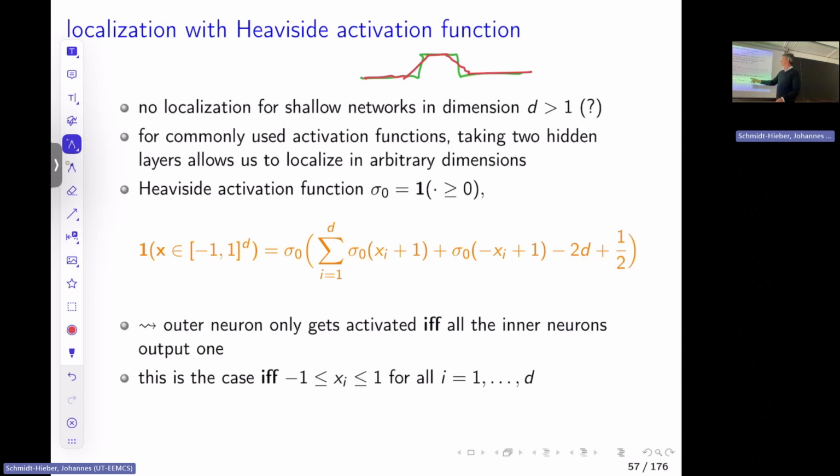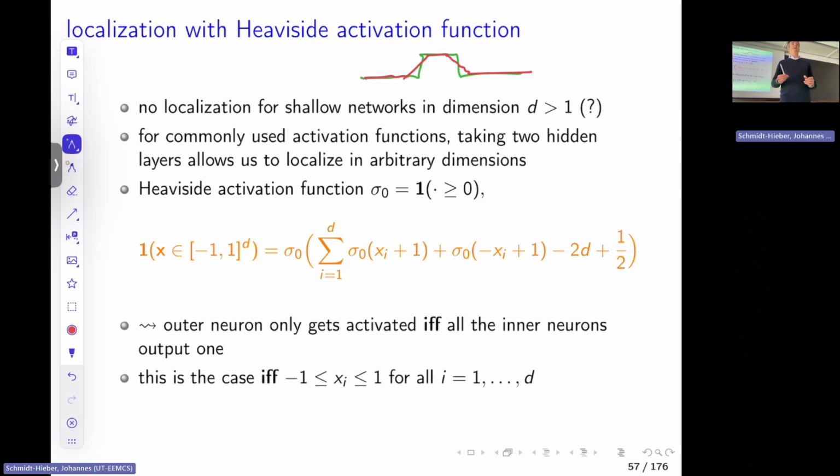Okay, so when do we have all of them activated? Exactly if the x lies in this hypercube. Okay, so you see this is an exact representation, and of course also a perfect representation in L^p and so on. Now,